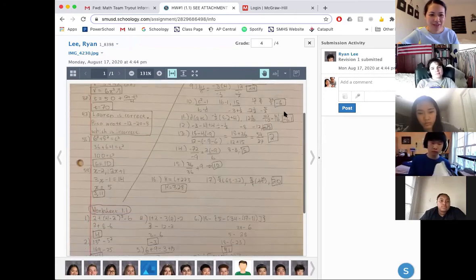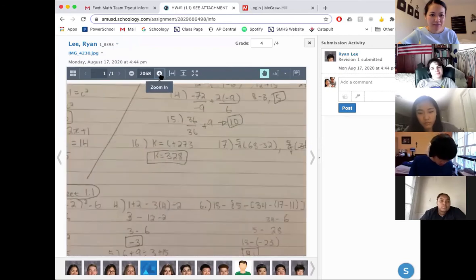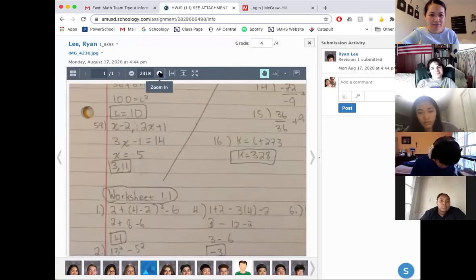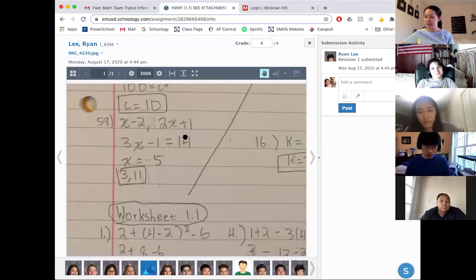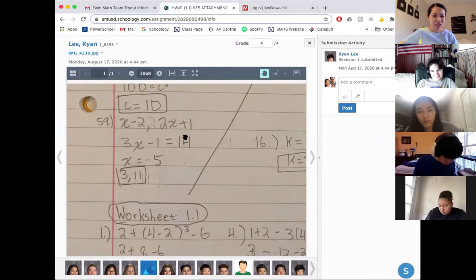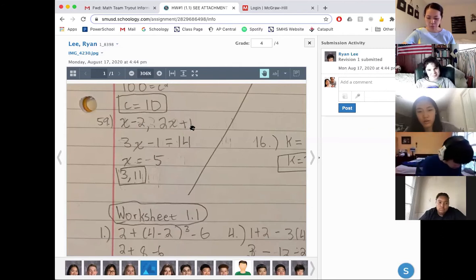All right, so 59, there it is. All right, so this one had a bit of, let me read the problem so you guys know what that problem was. All right, so 59 says, an integer is 2 less than a number. So 2 less than a number, so x minus 2. And another integer is 1 greater than double the same number. So double the same number, 2x, plus 1 greater. And then the sum of these two is equal to